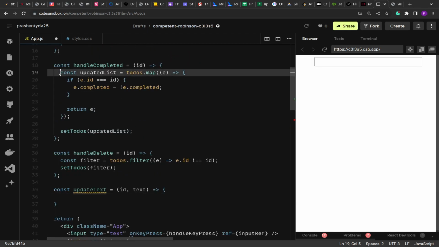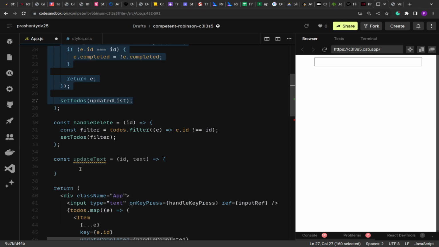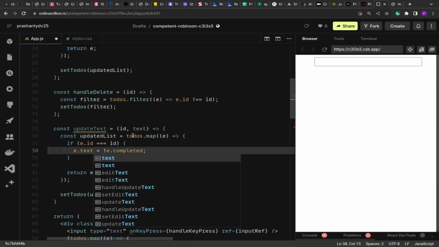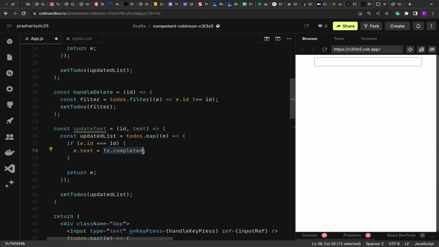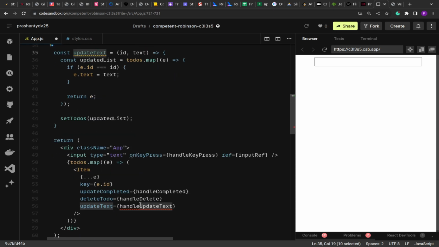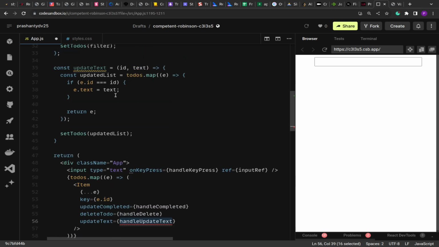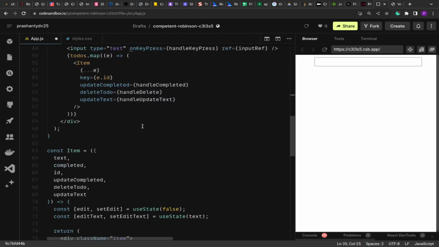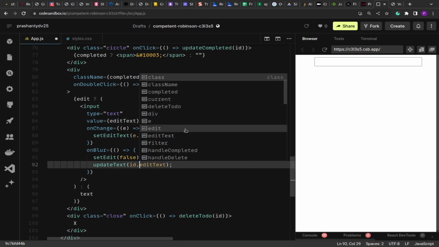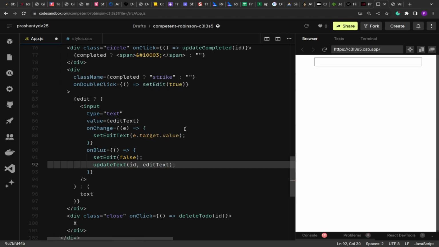Now let me copy everything from the handle completed, and here what we are going to do is e.text will be updated to the new text, and then this will set up. So update text we have accepted, and then here we have to pass the ID as well. So ID and the edit text,